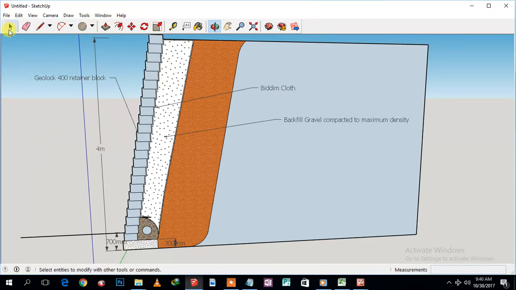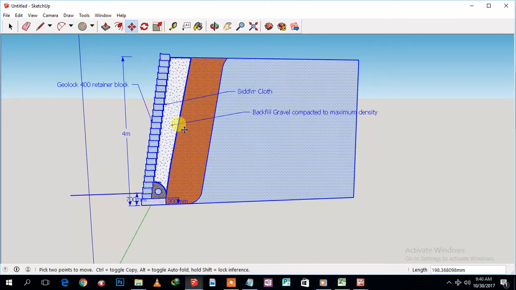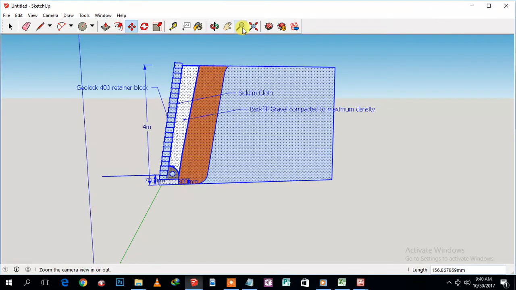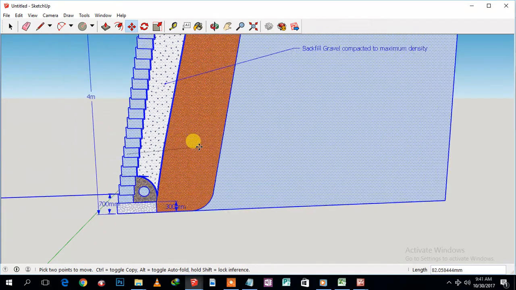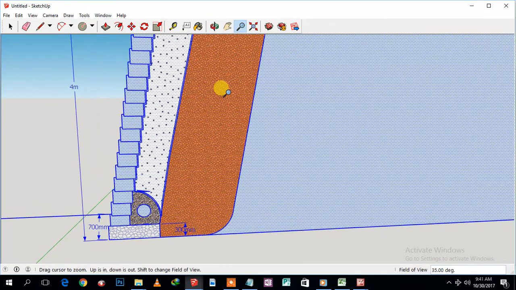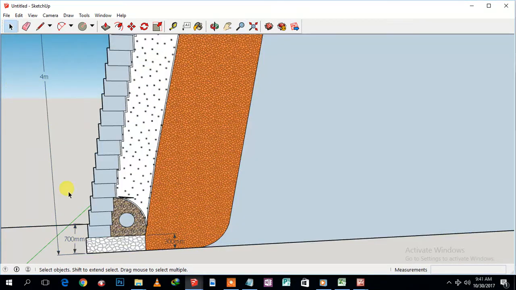So basically what I was trying to highlight here is that the most important aspect is the footing. On my drawing here, let me bring it closer so you can clearly see. I want you to see the specifications with regard to the footing or the foundations. We need to open up a trench that is going to be about 700 millimeters deep. All right, and then when we're done with the trenching, we're going to have to